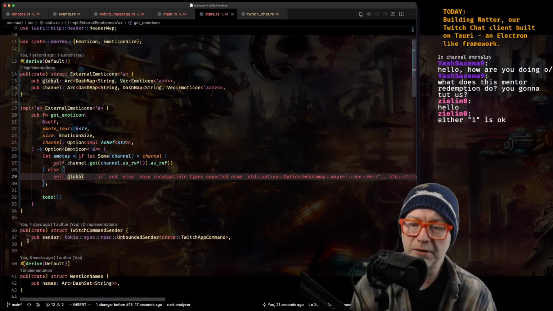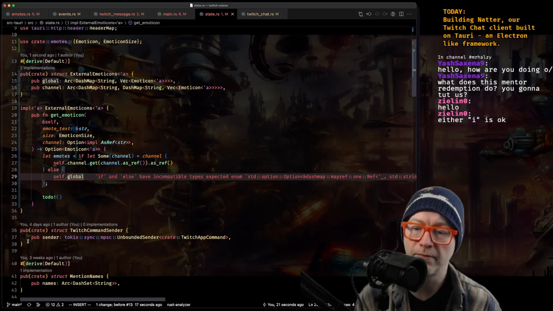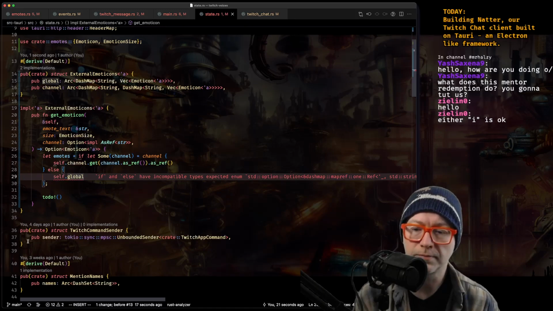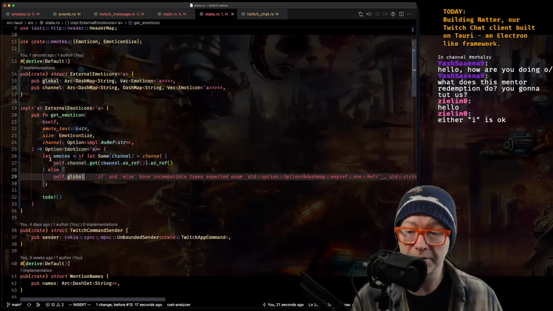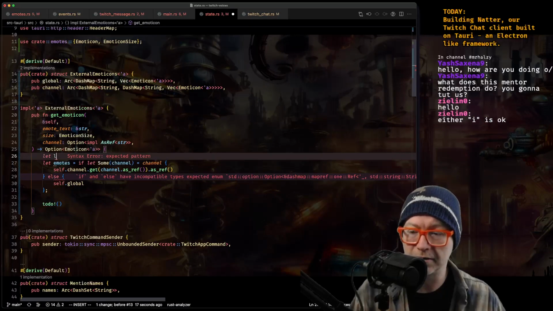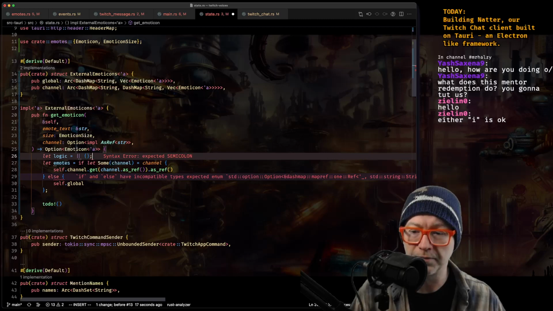Ooh, interesting. So how do we do this? We could either extract the logic into, let's say, a closure, and execute that logic on something that's passed in, right? So we could basically say, let logic equals some sort of closure, right?